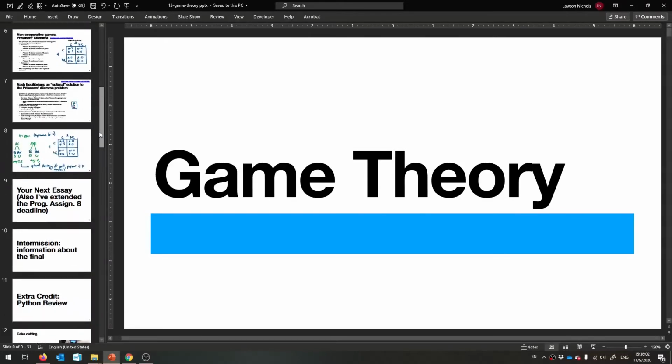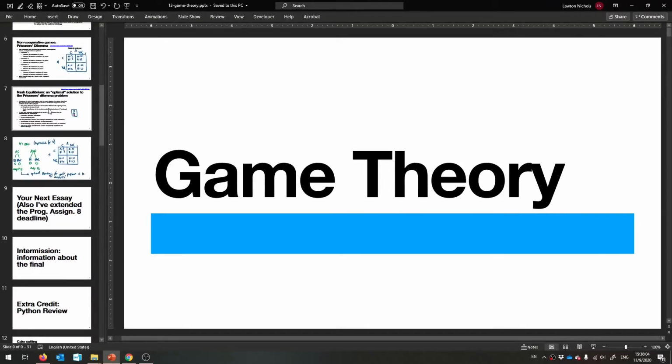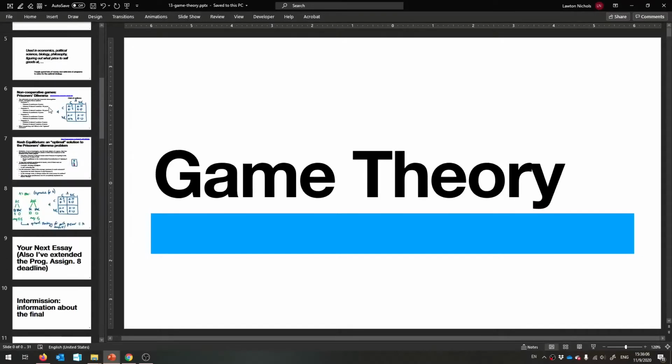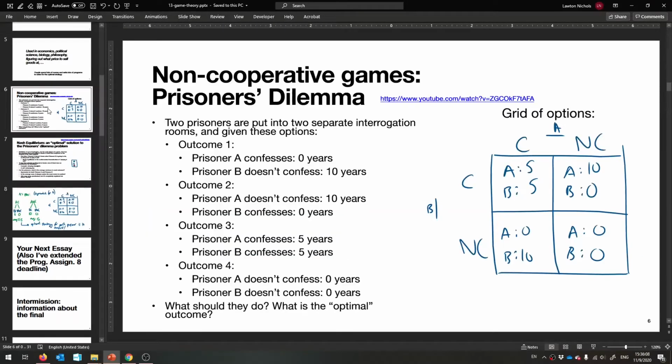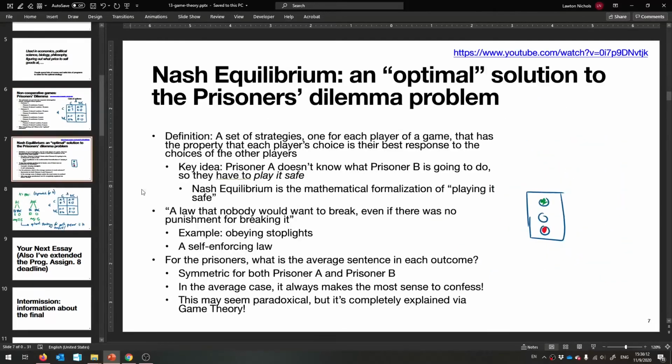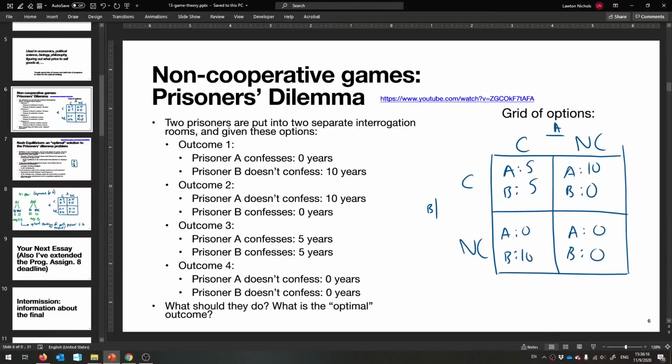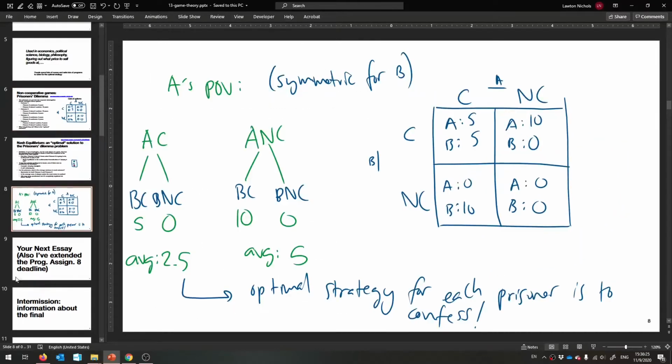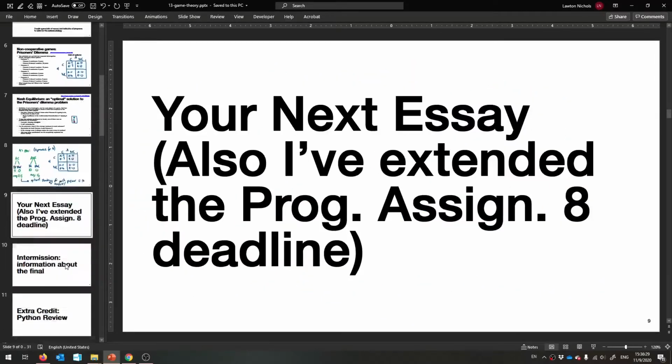So this is game theory we were talking about. We ended up talking last about the prisoner's dilemma, which was a very fun concept, and we learned about Nash equilibrium. The Nash equilibrium for the prisoner's dilemma is a case that seems paradoxical. Like they have to both confess, which is odd, but it actually makes sense. So that's that. Talked about this last time.